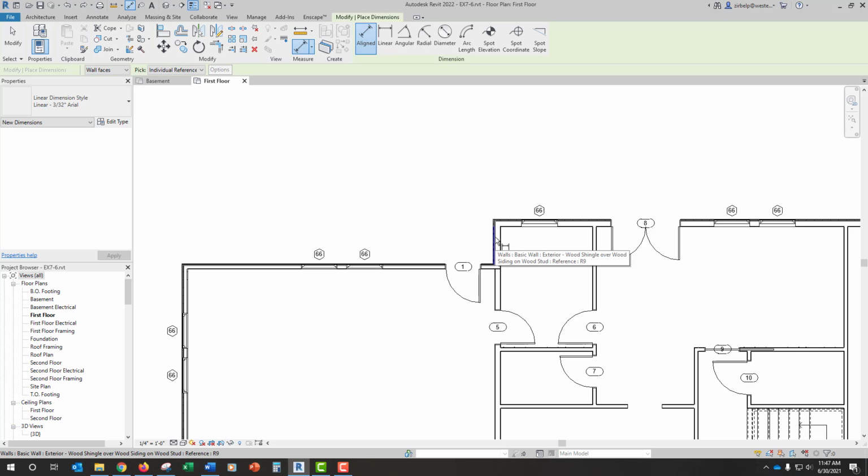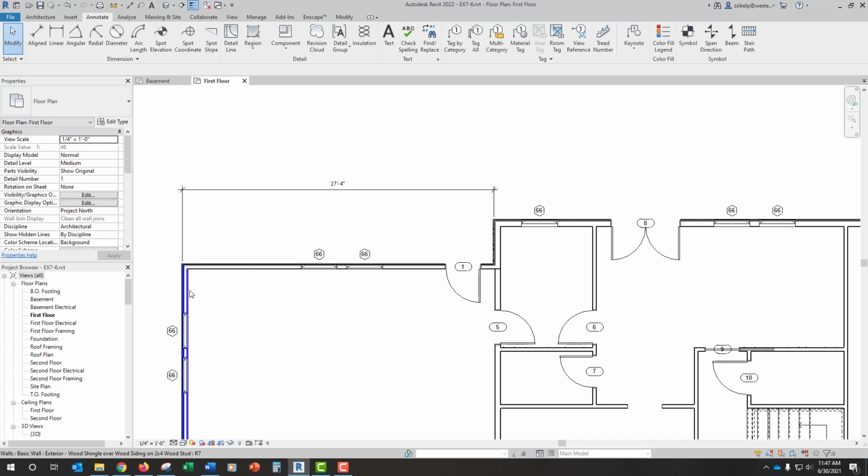So I'm going to click here for the wall face, and I'm going to click there for that wall face, and I'm going to bring it up. Okay, so the first thing I notice is that for some reason I didn't draw this at 28 feet. I drew it at 27.4, and he wants it to be 28. So in order to adjust that,